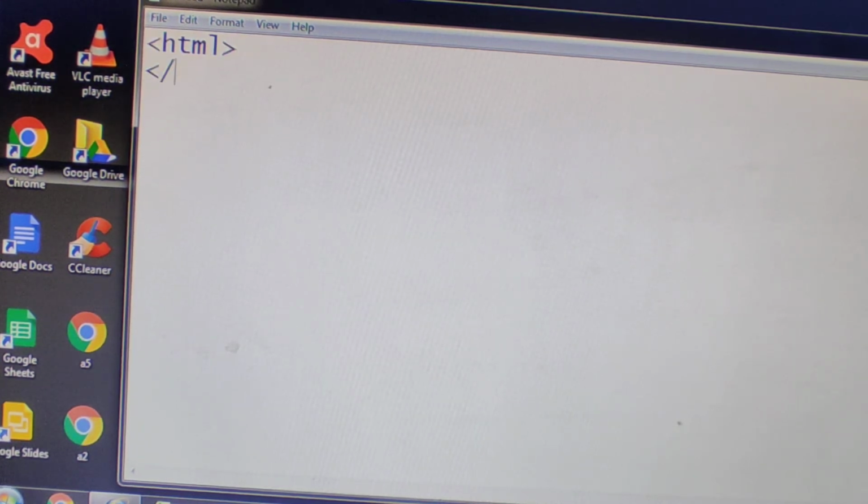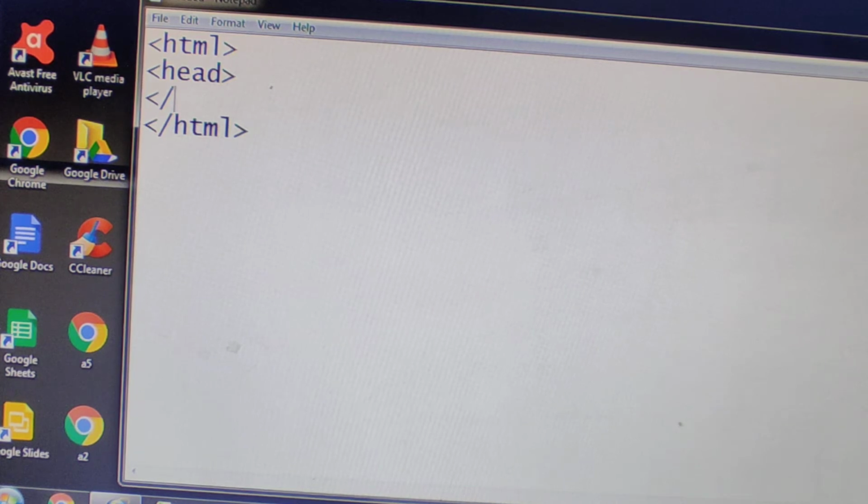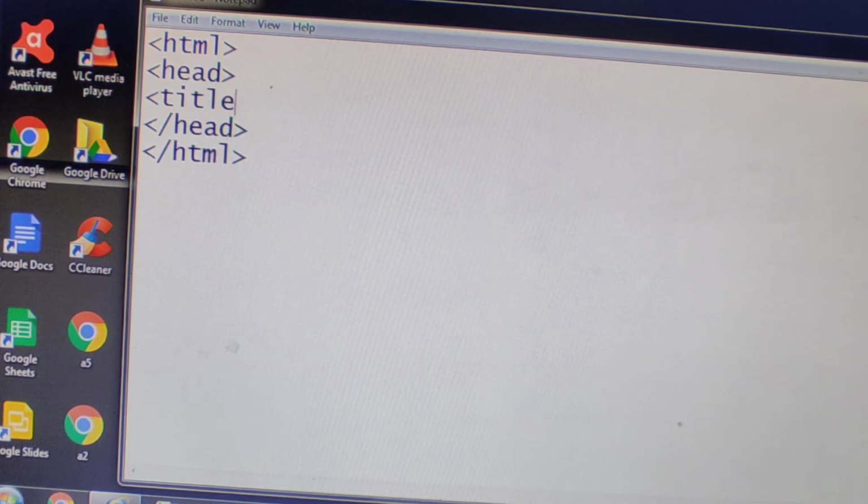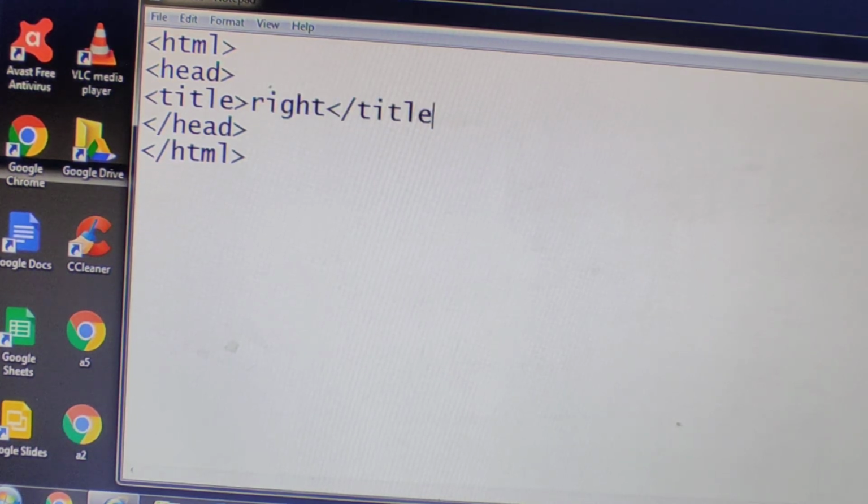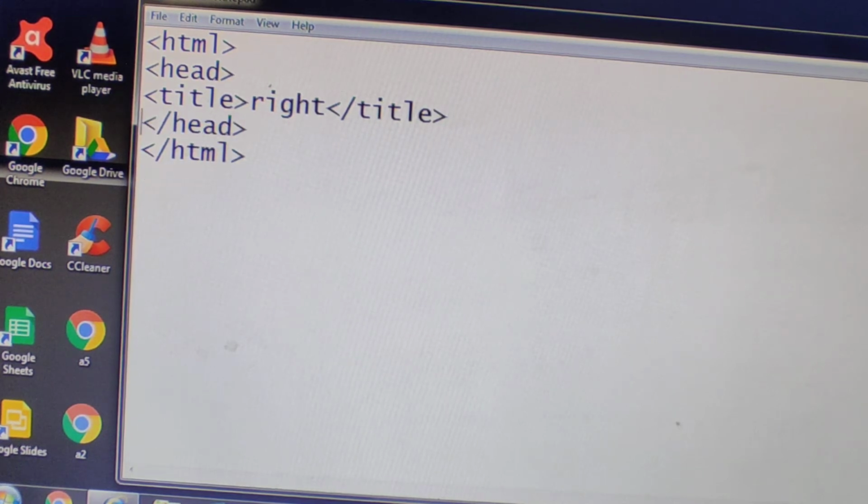HTML, head. Inside the head, give the title. Here I am giving the title as right. Title over, now head over.